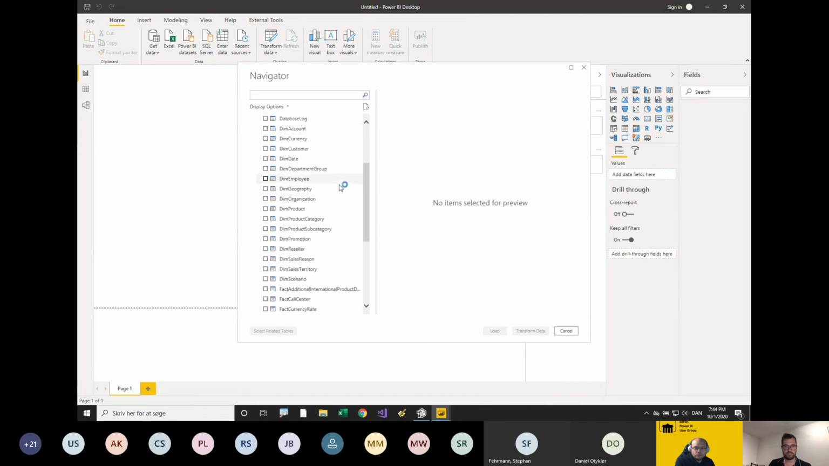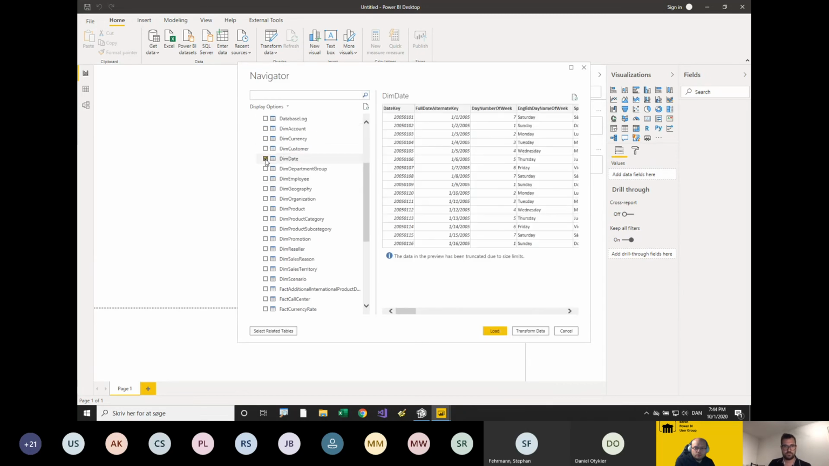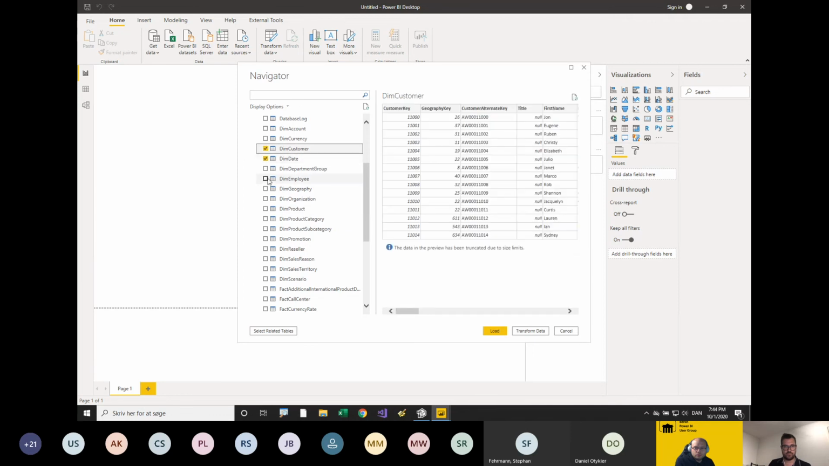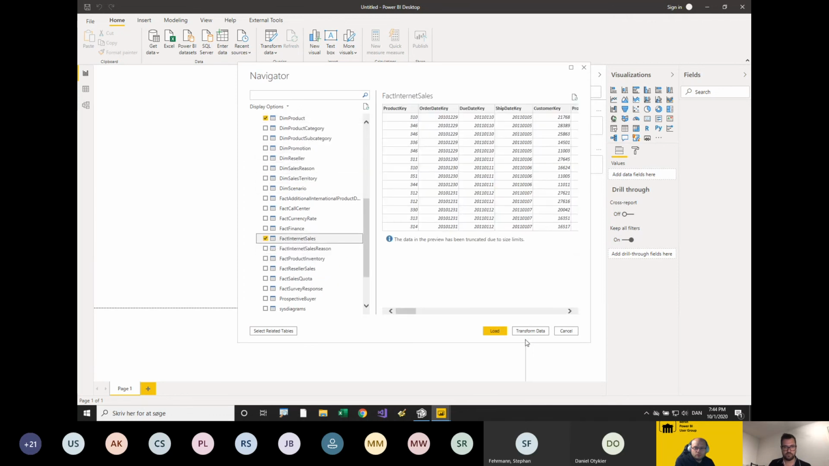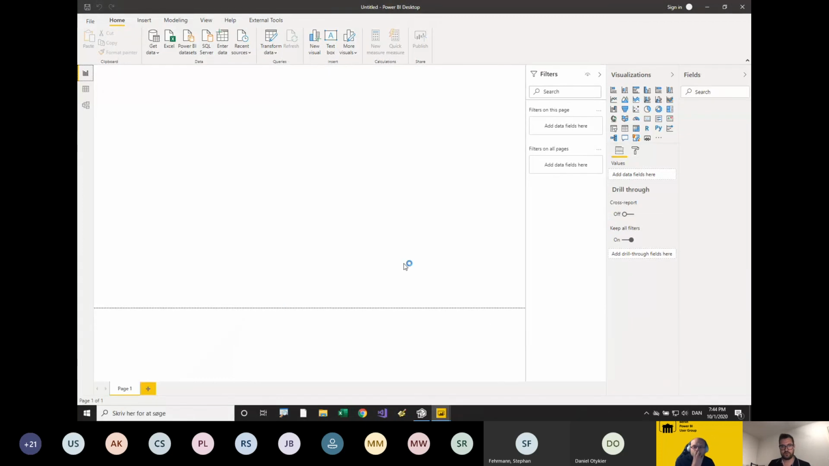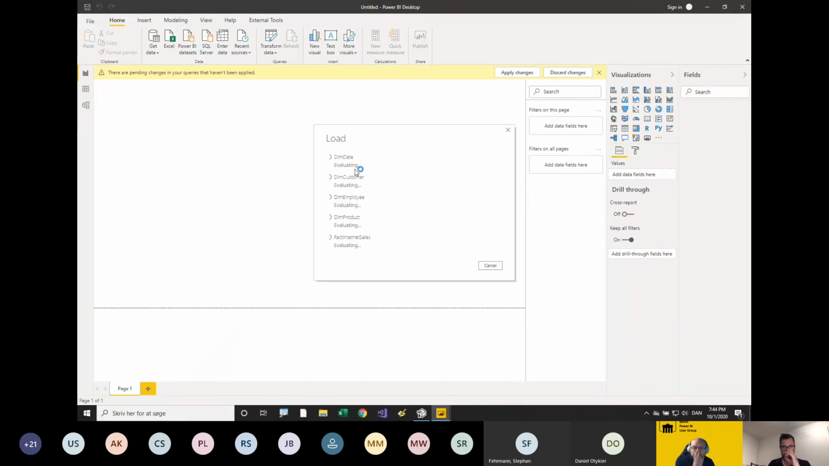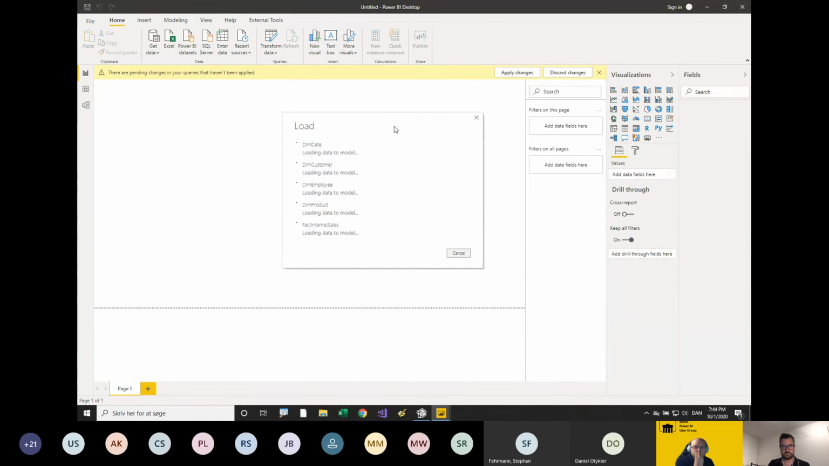So here I have a SQL Server database with some tables that I want to import. Let me just build a small data model really quick. Hit the load button. Power BI will import these tables and create the relationships. Of course, we will have to wait for that to complete. But now the cool thing is, at least once this finishes,